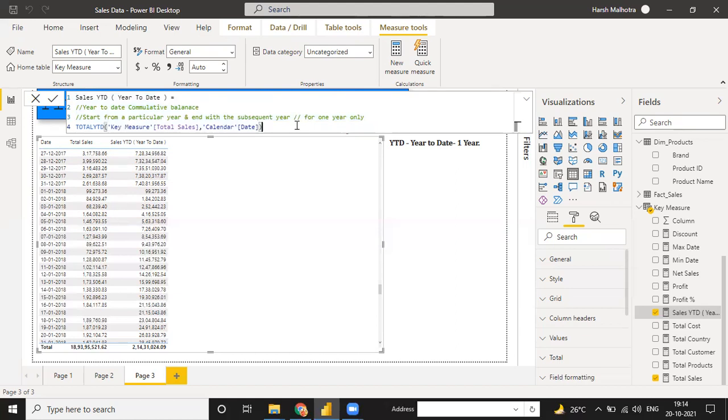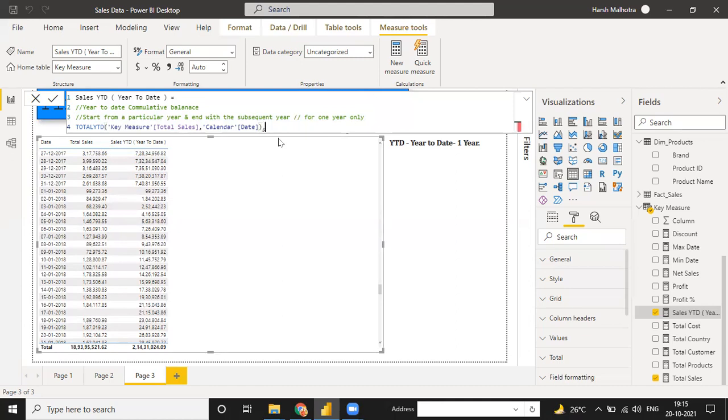So for this function, suppose you are working in a US company, and the company is a financial sector company. Financial sector means the period ending of this company is, suppose, 30th June. The ending period is 30th June, and in the US company your period ends on 30th June every year. Your new period starts from 1st of July. So how to calculate your YTD as per US base?